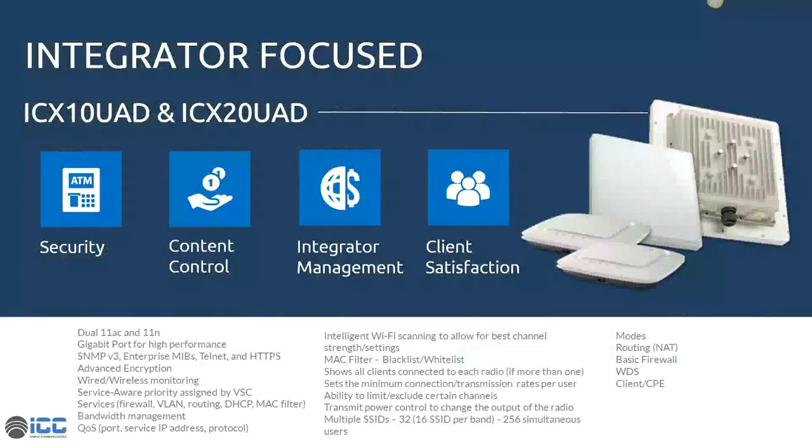So you'll get bigger providers, more integrator types, companies that have their own cloud-based systems. They may have their own tracking systems, their own SNMP-based management systems as well, and they want to be able to control the unit.